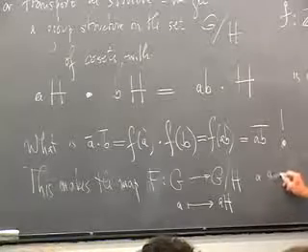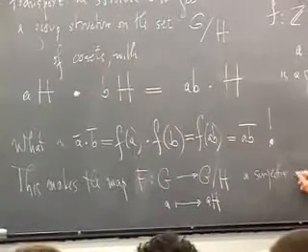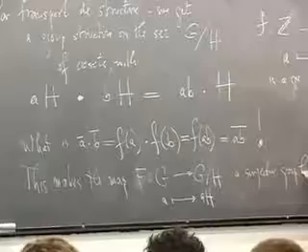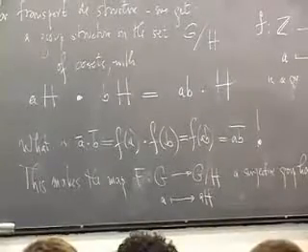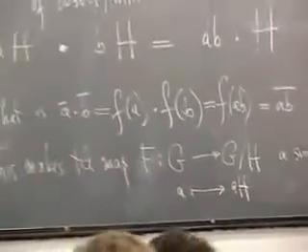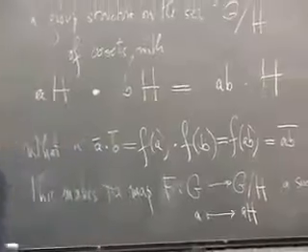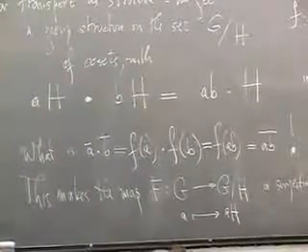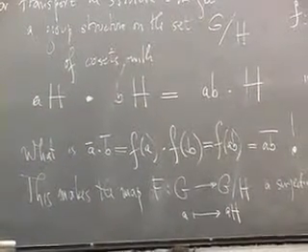A surjective group homomorphism. Because this is the multiplication law, it's inherited from the multiplication law in G. So if we have a group homomorphism and we let H be the kernel, then by using the multiplication on